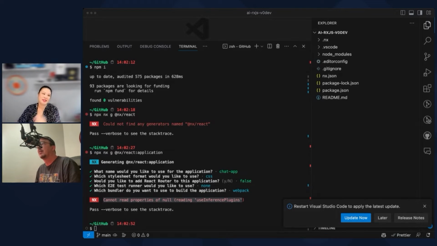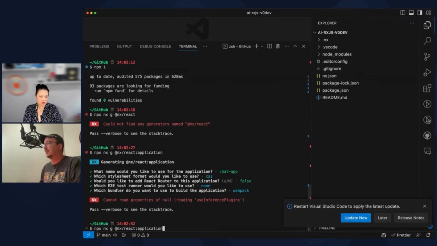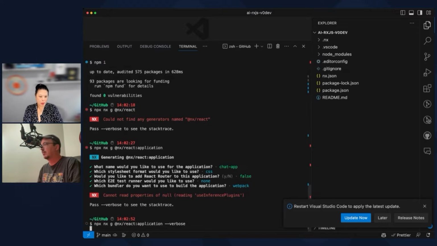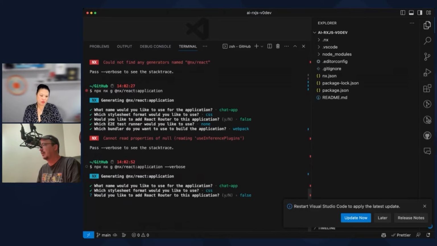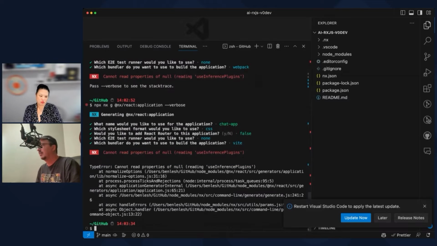Technology is hard, Ben. I hate build tools. I like NX better than most build tools, but check the objects. Cannot read properties of null here.